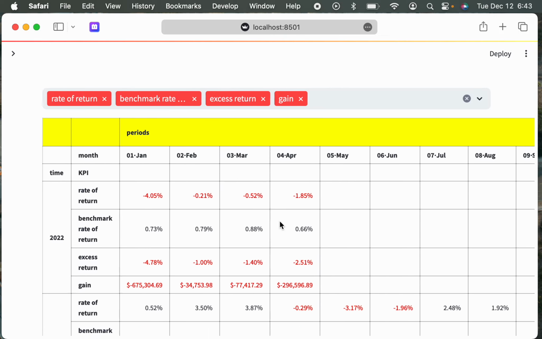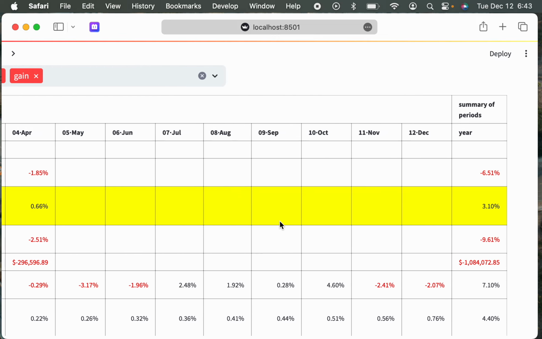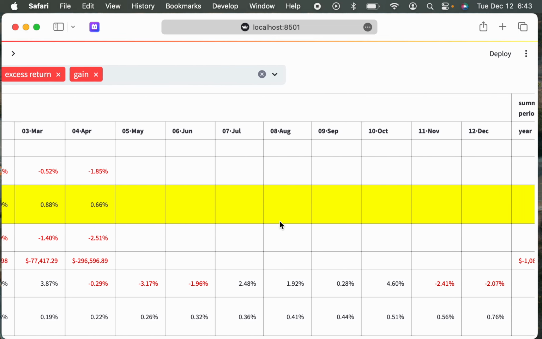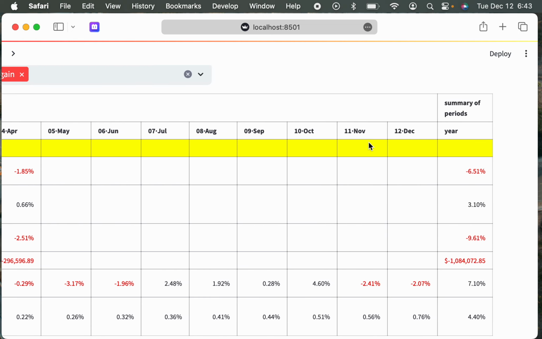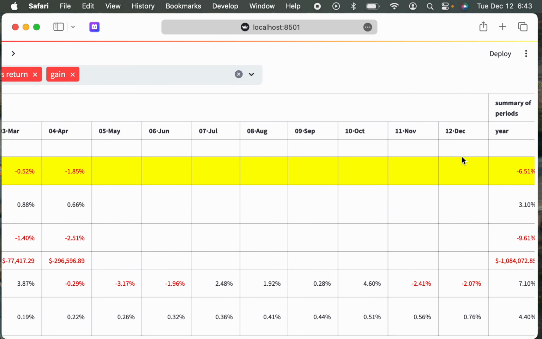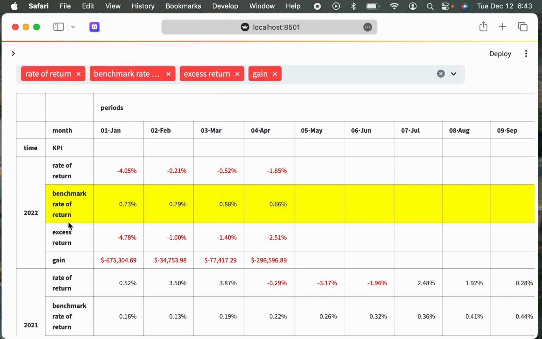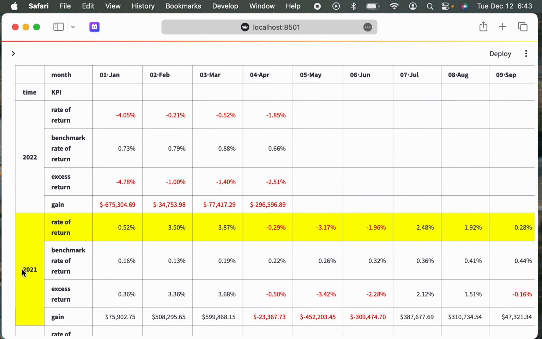Then I have a very important table here. It's a little bit big for the screen resolution that I configured here, but there is a table here with some performance KPIs like rate of return, very important, monthly gain. I'm looking at a monthly view here, and a summary of all months, which is a yearly view. I have some KPIs here for the year of 2022, same KPIs for the year of